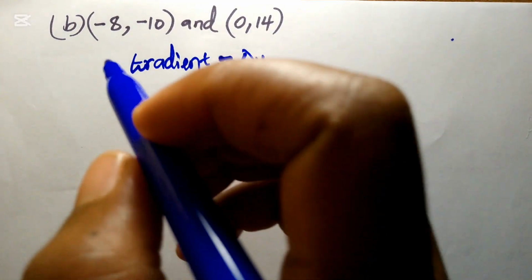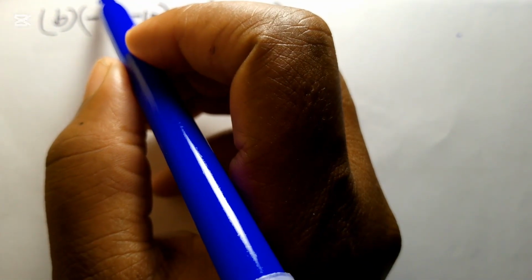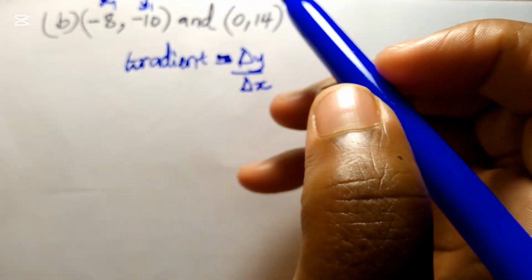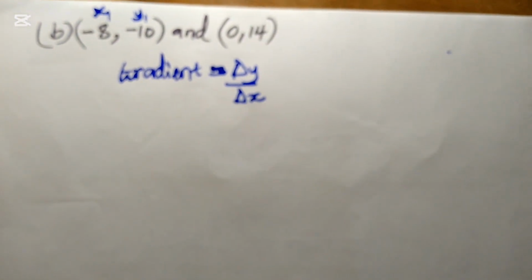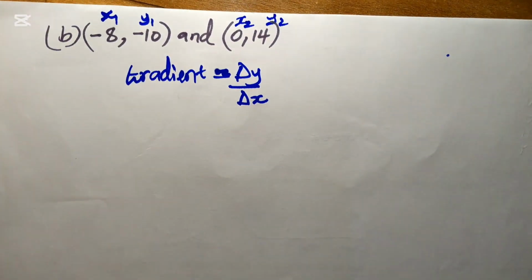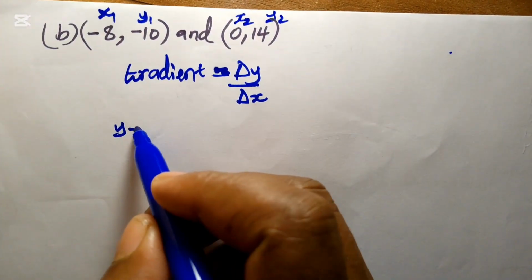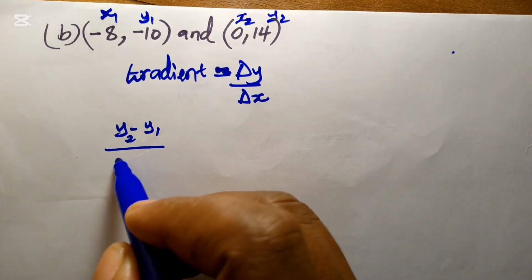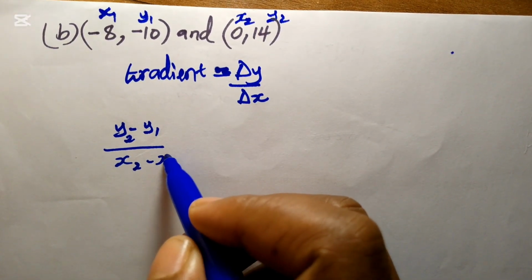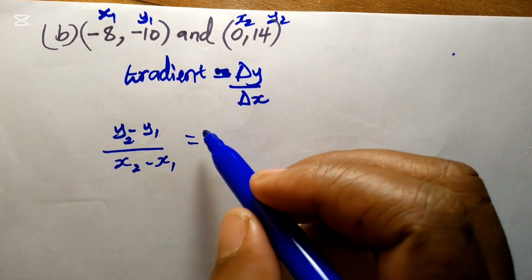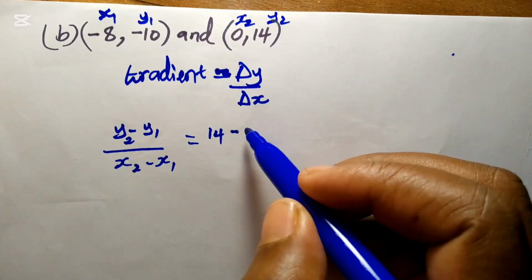We can make this x1, y1, and then x2, y2. So y2 minus y1 over x2 minus x1. We have 14 minus